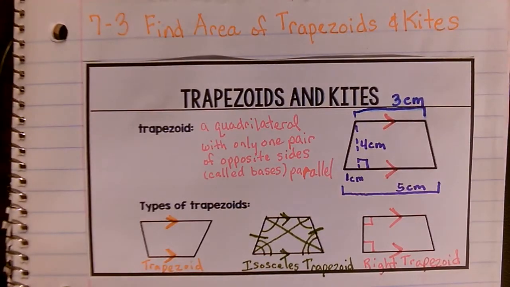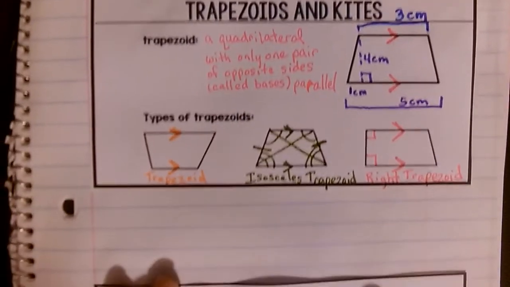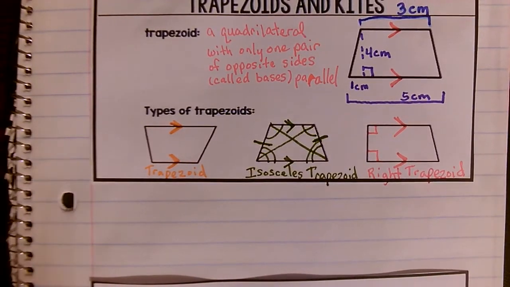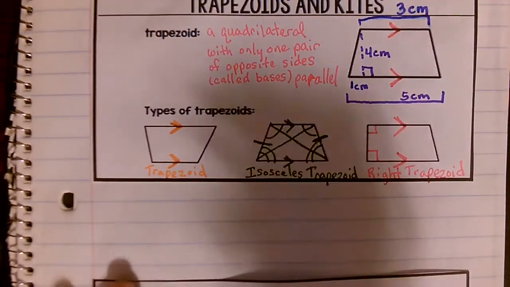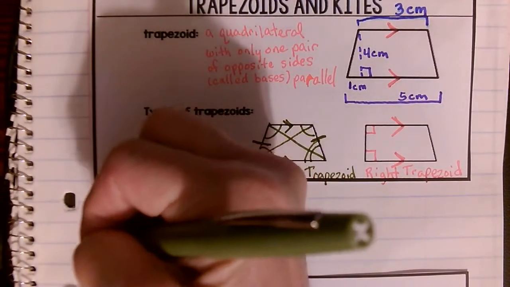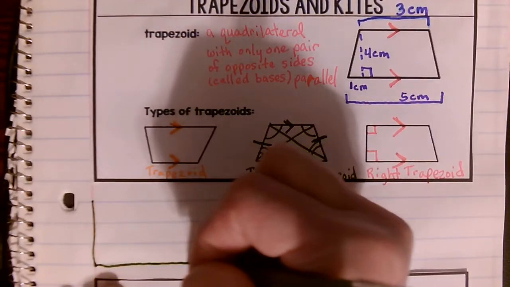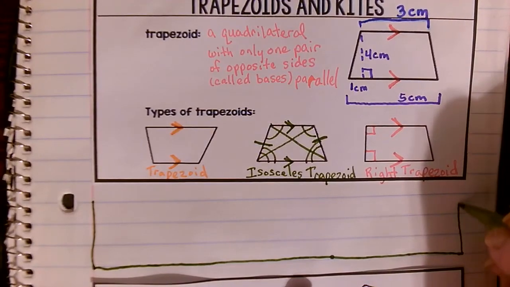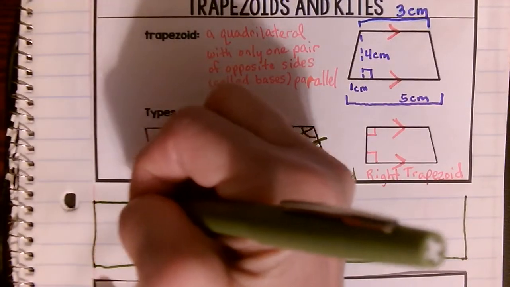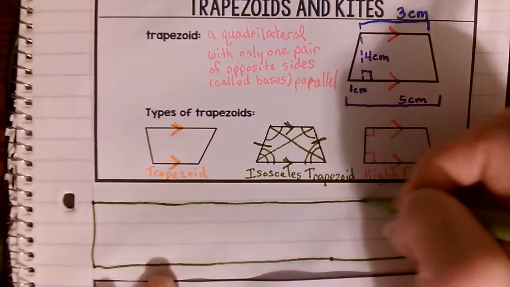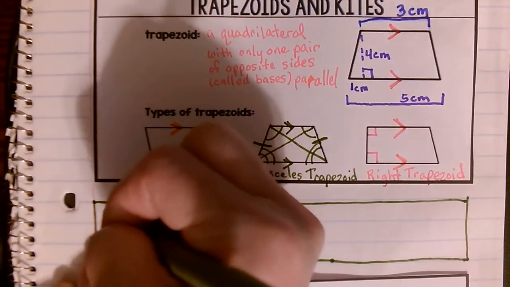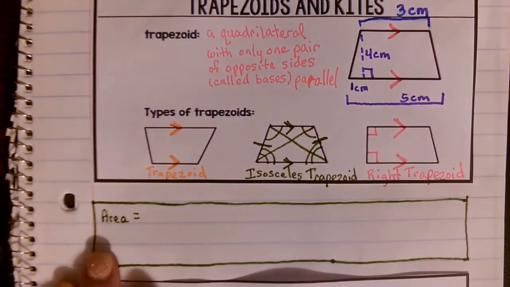Alright, now we're going to go on down to right here, and I'm going to make a little box. And inside this box, we are going to practice finding the area of this trapezoid up here. Okay? Let's go to here and make this box. We're going to talk first about cutting down this formula to the easiest one to remember possible. The area of a trapezoid is equal to